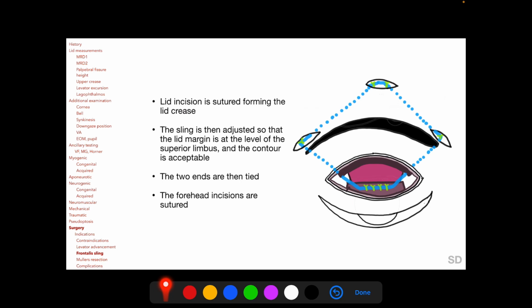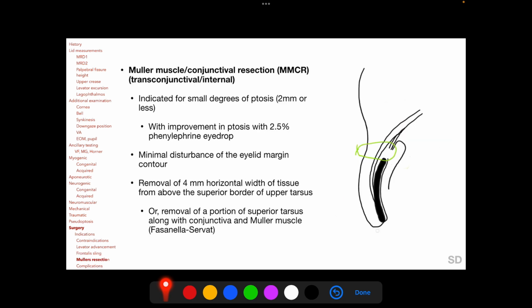The sling is then adjusted so that the lid margin is at the level of the superior limbus and the contour of the lid margin is acceptable. The two ends of the sling are then tied at the central forehead incision and the 3 forehead incisions are then closed. Muller muscle conjunctival resection, also called MMCR, is a transconjunctival or internal procedure and is indicated for small